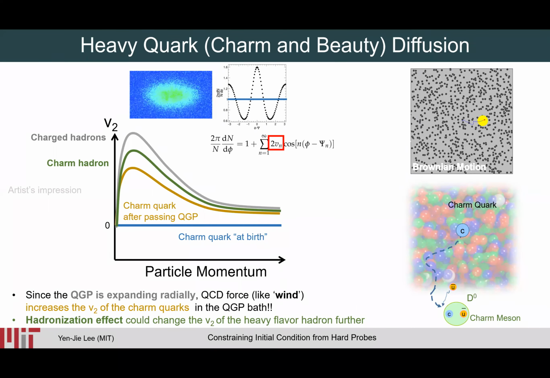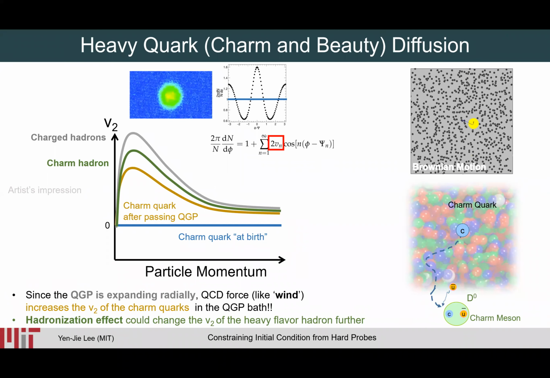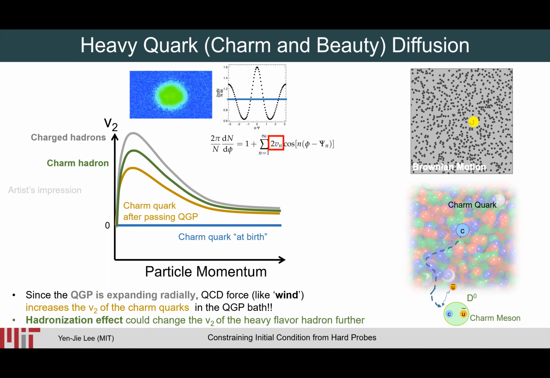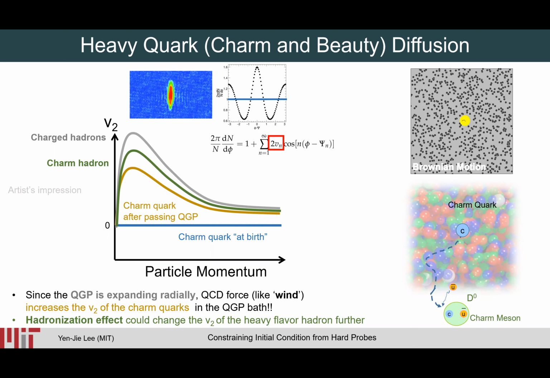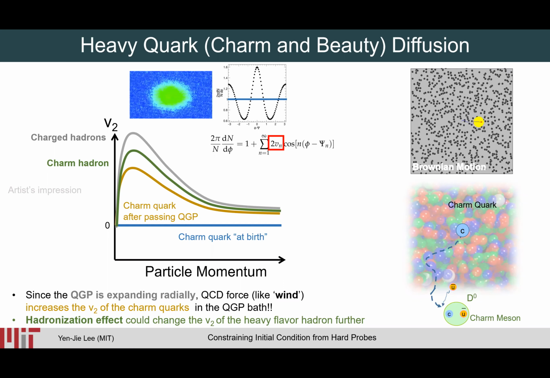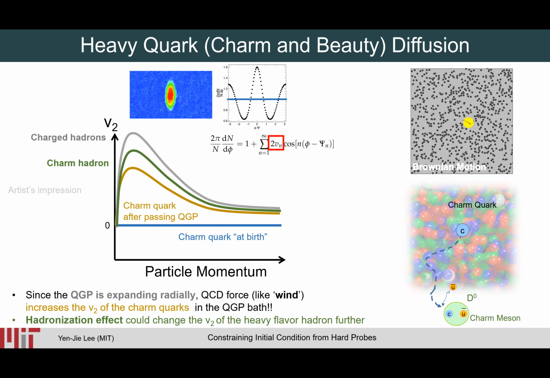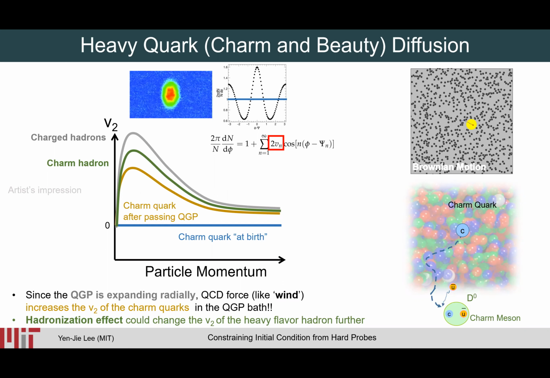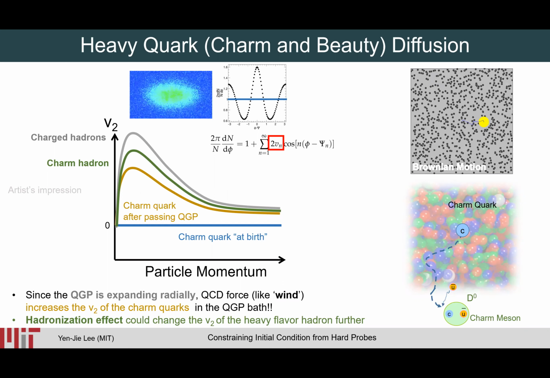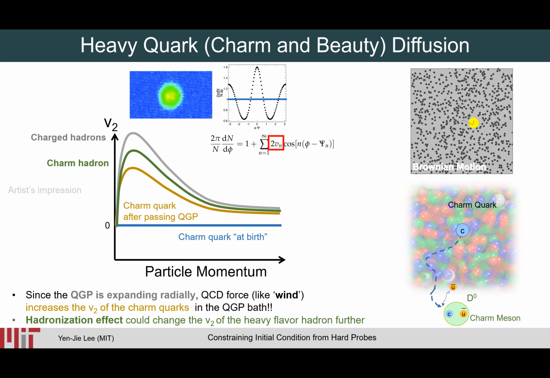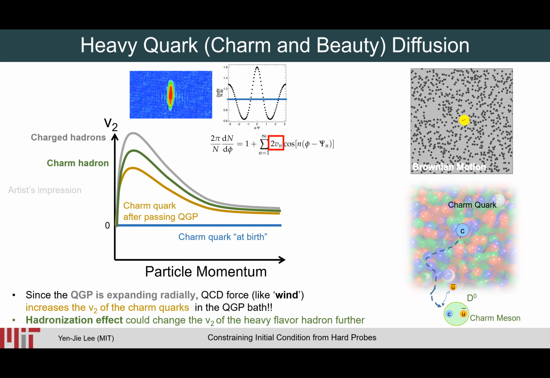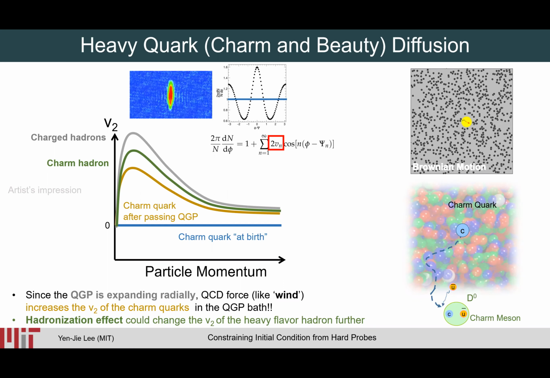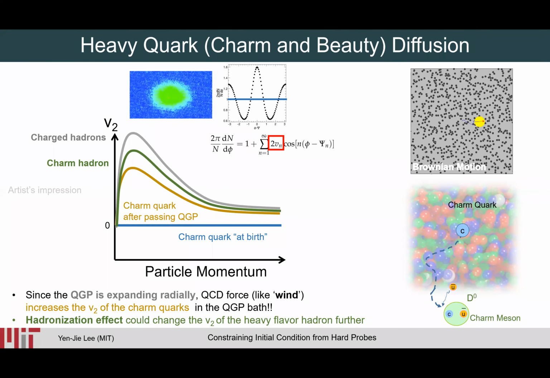And at the very end phase of the process, of course, the charm quark eventually has to hadronize, and you may also pick up some of the azimuthal anisotropy from the light flavor. And what we leverage is going to be this picture here. If we compare with the charged hadrons, we will see that the charm hadrons are moving toward the charged hadron v2,